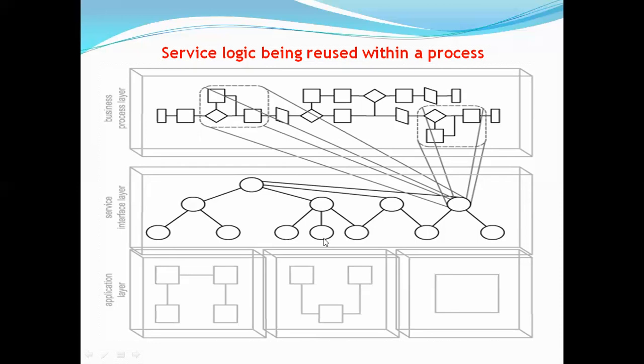So I am designing the attendance GUI, and at the same time, after inserting the record with the post method, I am retrieving the record from the DynamoDB table and displaying that record to the end user in the same form. So that is called service logic being reused within a single process. A single process is used for adding the record as well as showing the record. So two web services are included in one web service.